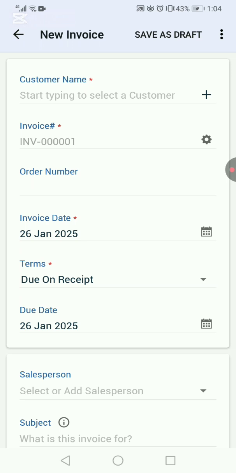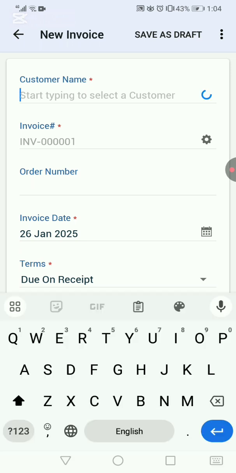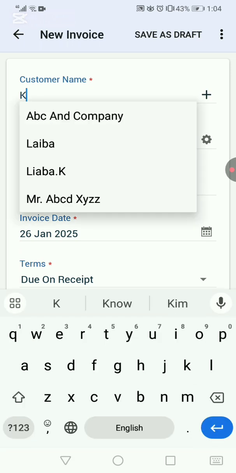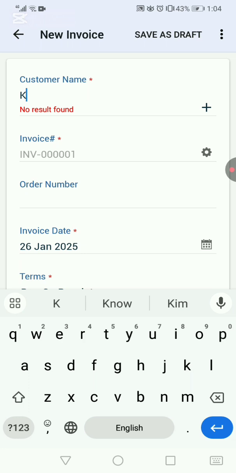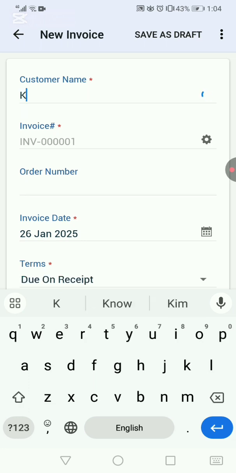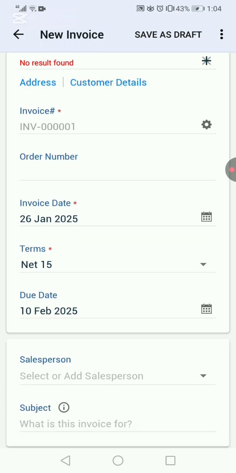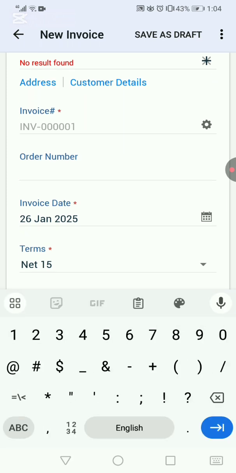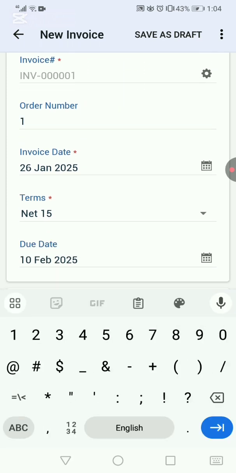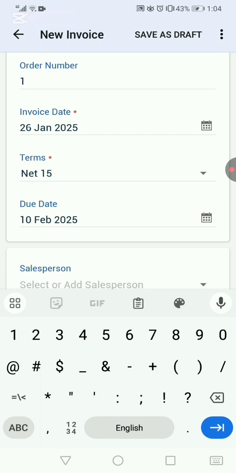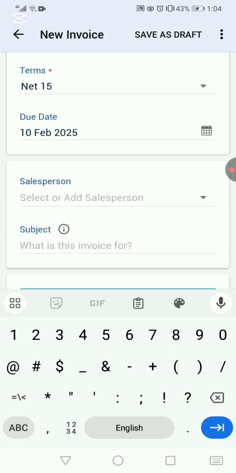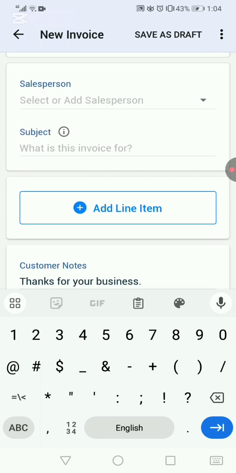Okay, customer name we have added, and we can see liber.k has come. Let's see it again. This is liber.k, and then we will see its order number. You can write anything, 1 2 3 4. Dates are automatically added, terms are automatically added. Now what you want to sell,